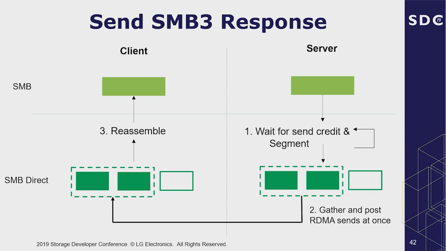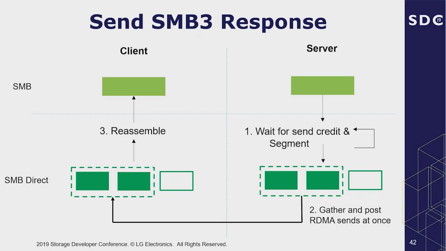If the SMB message is large, the server repeats these 2 processes. During this process, if the server doesn't have send credit or the number of pending SMB Direct messages exceeds a threshold, the server posts RDMA send operations to send all of the pending SMB Direct messages. Finally, when the SMB Direct messages arrive, the client reassembles them